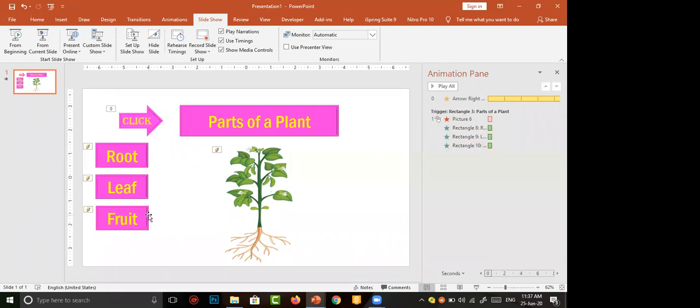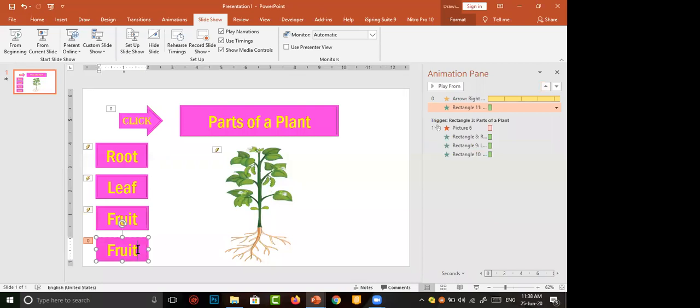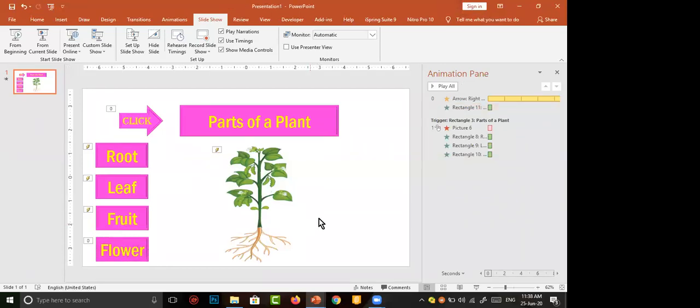After that, again I came here, then make a click on fruit. I duplicated it. Okay. Want to click on it. This time, flower. The animation is at the top.